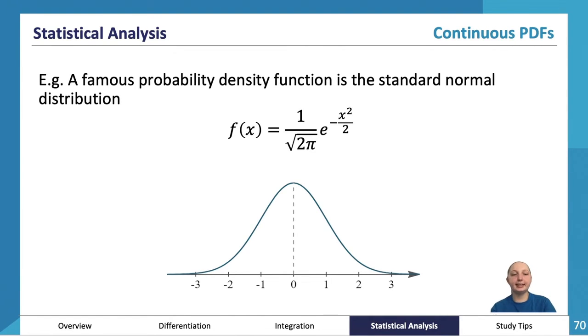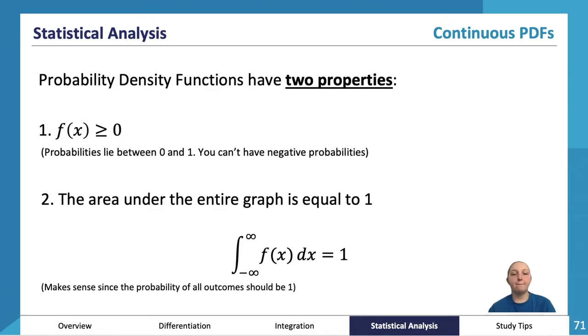So with probability density functions, they all have two properties. If your PDF does not have these two properties, then it is not a probability density function. Okay? First property is that every single f of x is greater than or equal to 0. Essentially, this is because probabilities will all lie between 0 and 1. You can't have a probability less than impossible, which is 0, and you can't have a probability greater than certain,